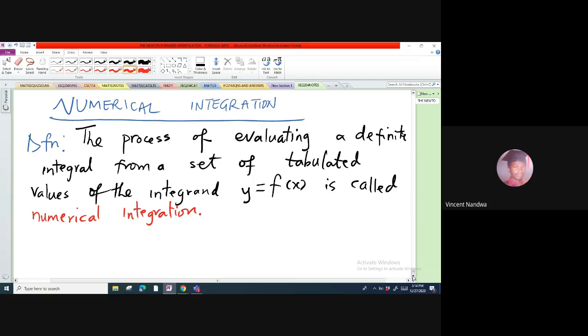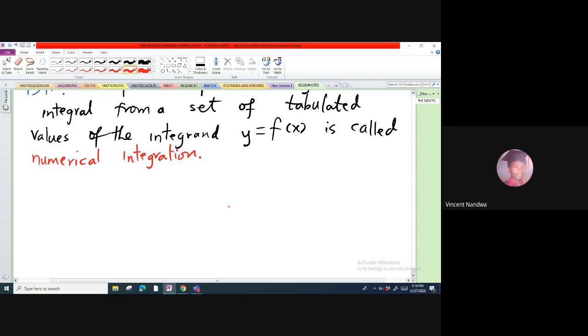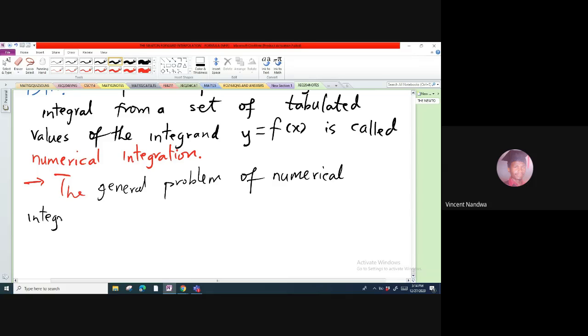So that's what we mean by numerical integration. And then you say, so the general problem might be stated as